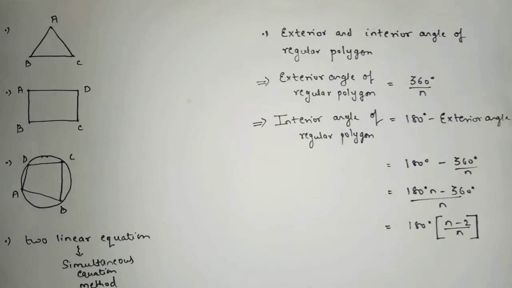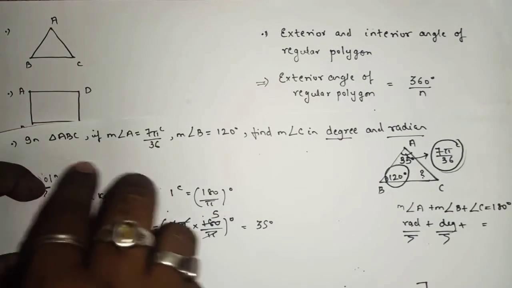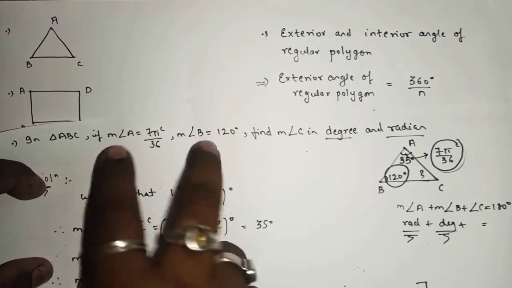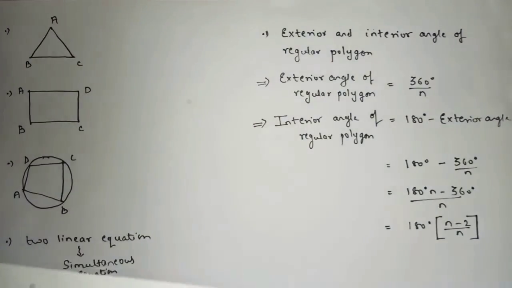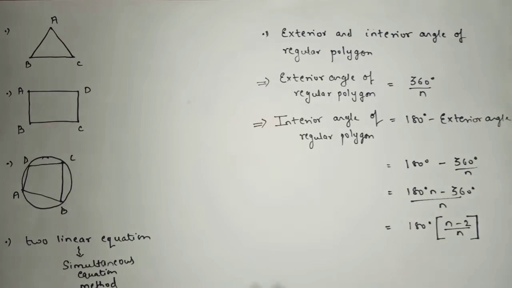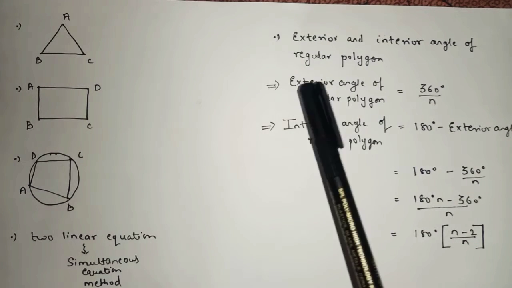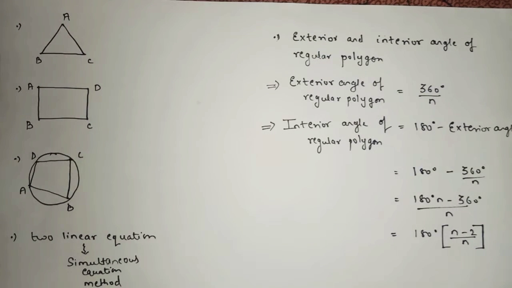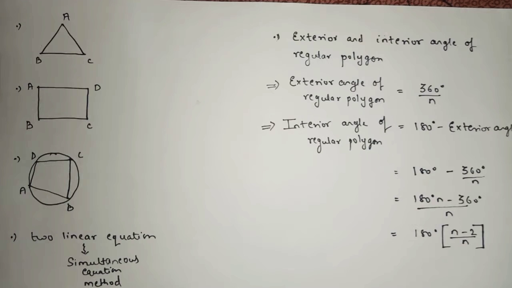And then we saw one statement sum also, like in the triangle there were two angles and we had to find the third angle in terms of degree as well as in radian. So till now we had covered many concepts from the first exercise, like what do you mean by coterminal angles, then how to convert degree into radian and radian into degree. Then the conversion between degree to minute and minute to second. And even in the last lecture we saw how to express a given degree into degree, minute and second.